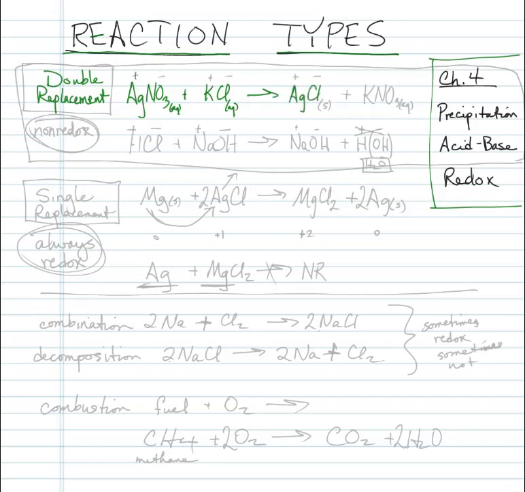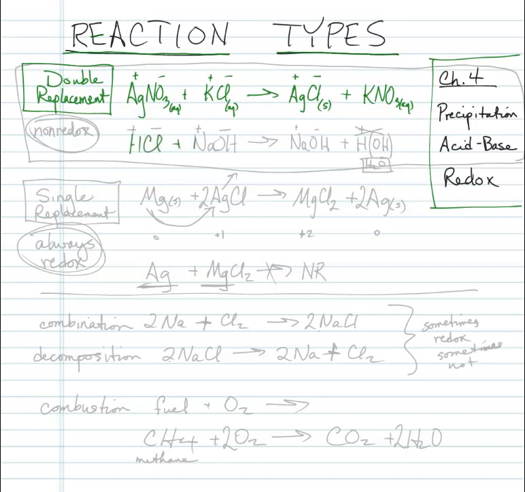And so the positive ion and the negative ion on each of our compounds are going to trade partners. Of course the positive has to go with the negative, because that's what attracts to each other, and then we have the potassium nitrate left over. In this case, silver chloride is going to be our precipitate. It turns out that this is a precipitation reaction, but wait, we just said it was double replacement, right? Okay, here's the deal. Our precipitation reaction is one kind of double replacement reaction. The other major kind of double replacement reaction is